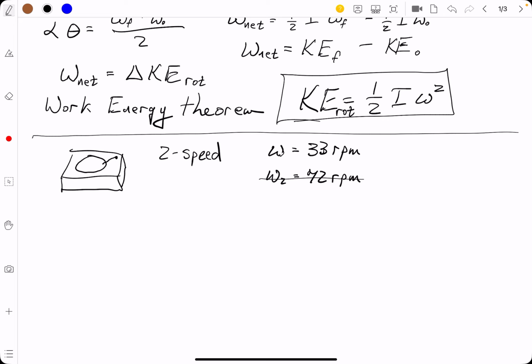So here's the thing. We're starting out, omega initial is going to be 0, right? Because it's sitting there. It's not spinning yet. And then you accelerate with some alpha, and you get up to omega final equals 33 RPM. Now we still need to convert, right? We've got to convert 33 RPM. So we're going to multiply that by,